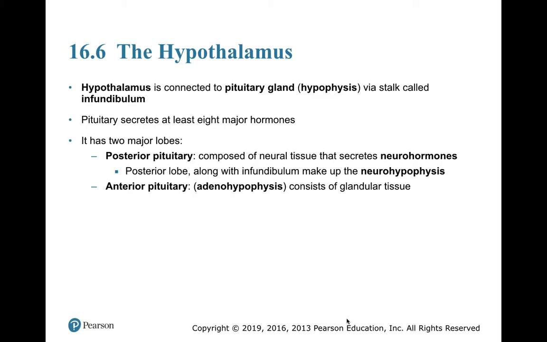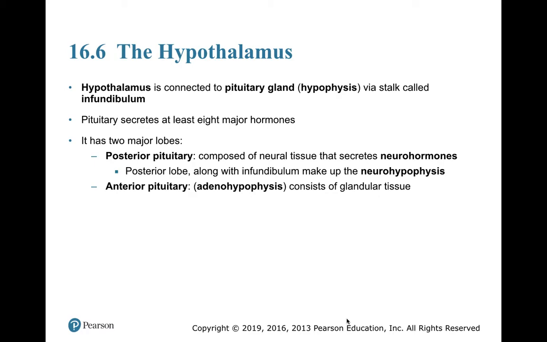Actual endocrine glands, organs that we've been talking about their function. We'll start with two that are up in the head, the hypothalamus and the pituitary gland. The hypothalamus is directly connected to the pituitary through a hypophysis with a stalk of tissue that is referred to as the infundibulum. The pituitary secretes at least 8 major hormones, and